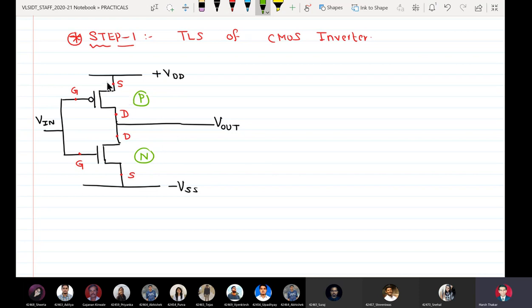The source of PMOS is connected to plus VDD, the source of NMOS is connected to minus VSS. Drain of PMOS and drain of NMOS are connected together and their intersection is defined as the output node. Similarly, the gate of PMOS is connected to the gate of NMOS and their intersection is defined as the input node. This is how you read the circuit.